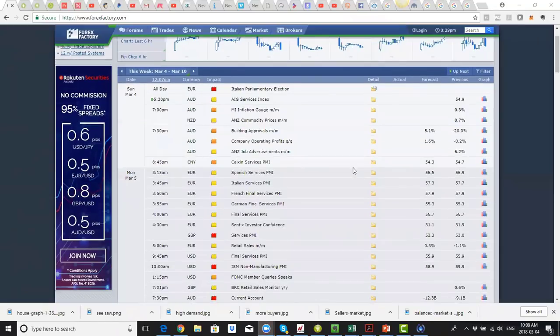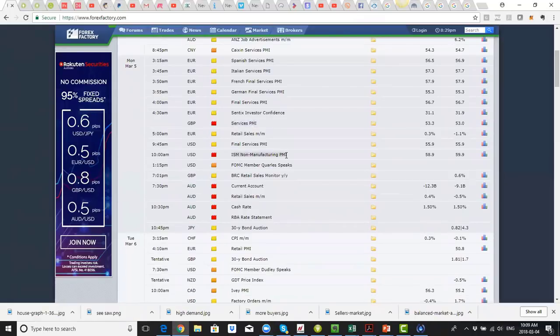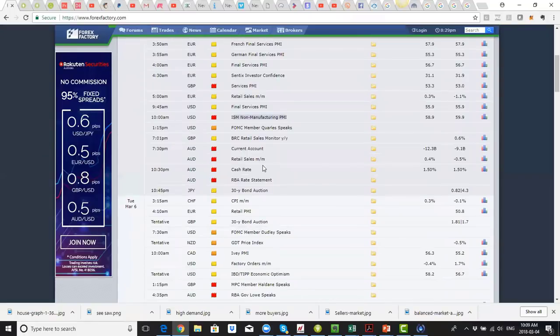All right, so elections will be the first thing. And then after that, going into Monday, we have PMI numbers here. PMI is actually a leading indicator, which leads into retail sales. So if PMI numbers come out well, then retail sales generally come out well, and GDP generally comes out well. So it's a leading indicator. As a result, PMI numbers are very important. We have Eurozone PMI numbers, and then PMI numbers for the British pound, as well as the US. Those will be important, and they can create volatility in the market immediately after the release. So keep that in mind.